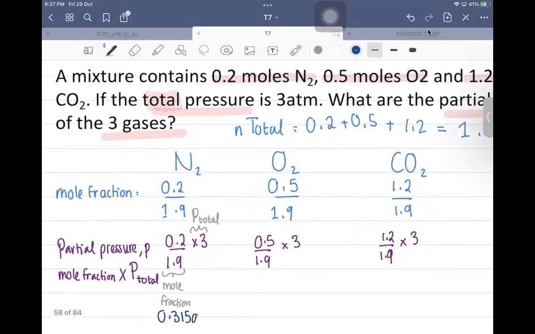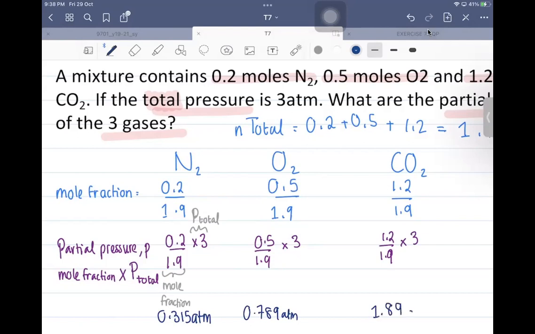Here we have atmosphere, so we write down ATM. 0.5 over 1.9 times 3 should give you 0.789 atmosphere. And then 1.2 over 1.9 times 3 is